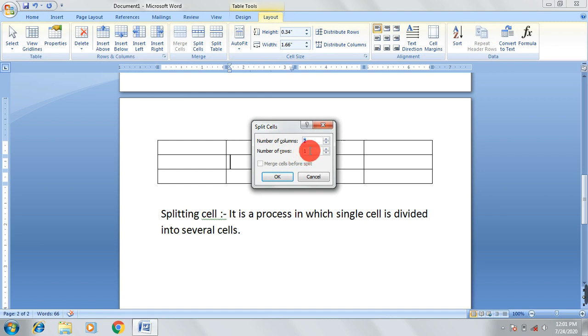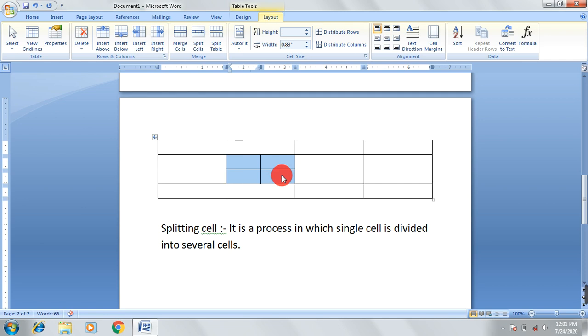If I need 4 cells, it means there is a need of 2 columns and 2 rows. So as per requirement, enter your value and click on the OK button. Now you can see there are 4 cells inside that particular single cell. So this is how we can split a single cell into several cells.